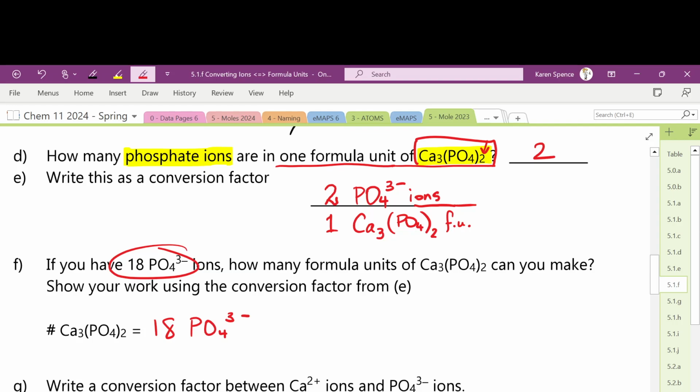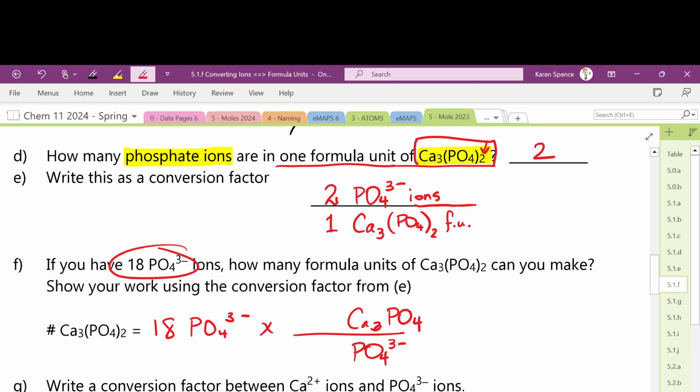Good. Okay. So you're going to write 18 PO4 3-, and then you're going to write what next, Anthony? Times. And then PO4 on the bottom, yep. And what on the top? Ca3,